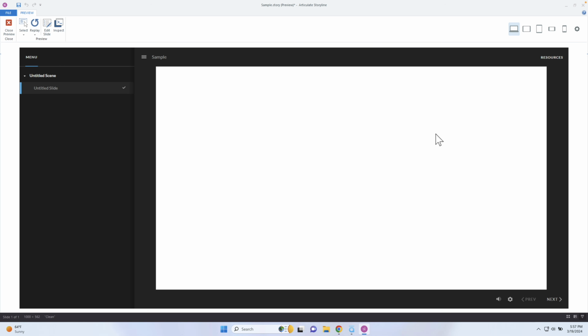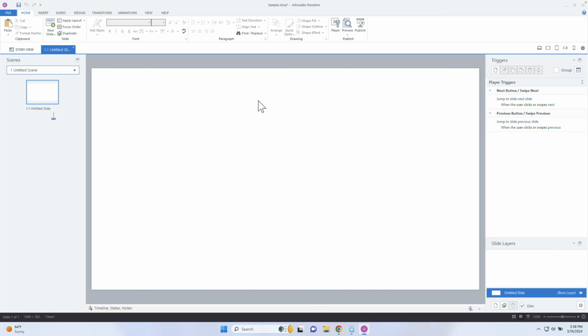They're going to see the content, but this player kind of gets wrapped around it that allows the learner to navigate between the different pages. So they can go next, they can go back, they can look at resources and everything like that. We are just focused on the content. The player we can adjust as well, but we want to make sure that we build our content. This is where we start to build our